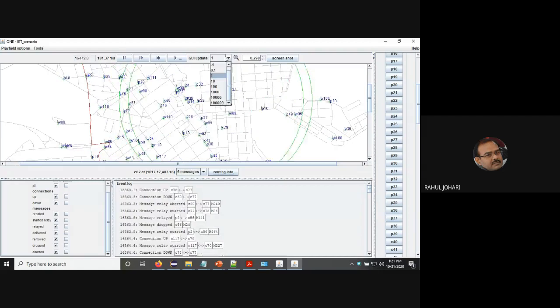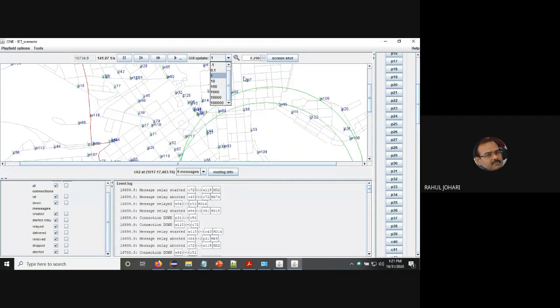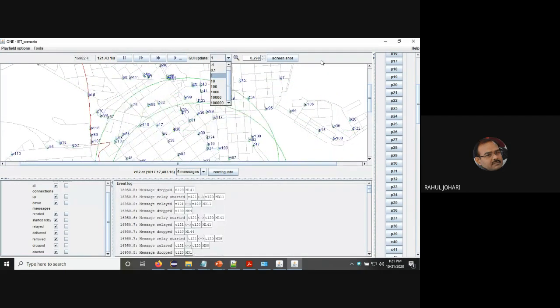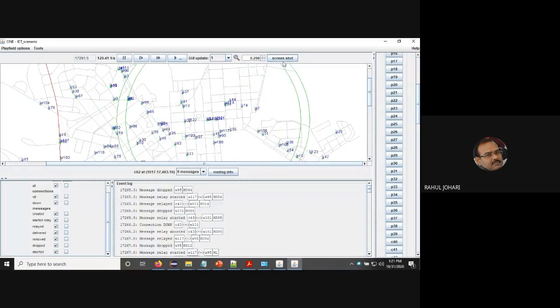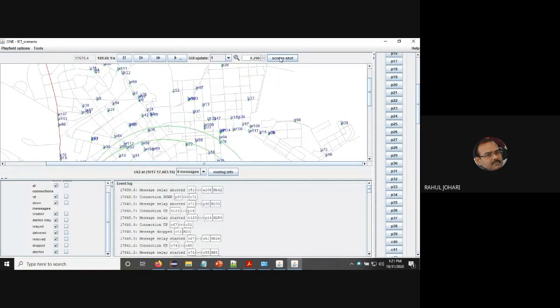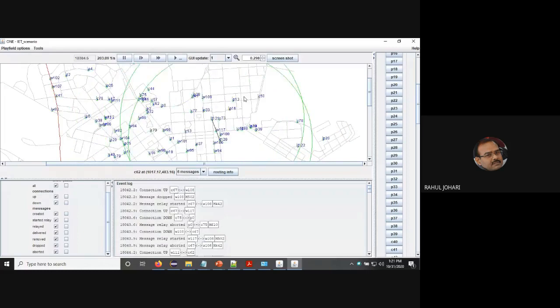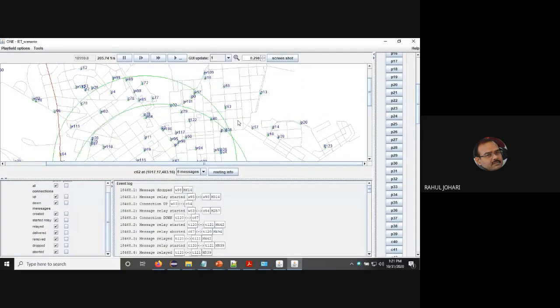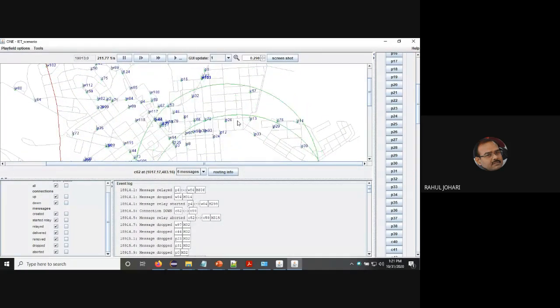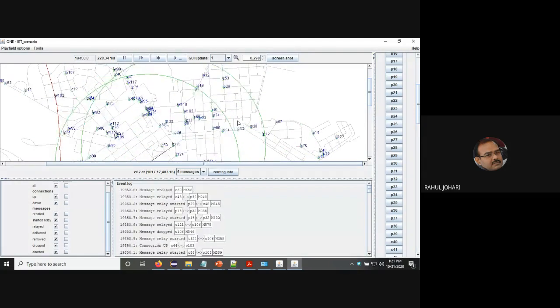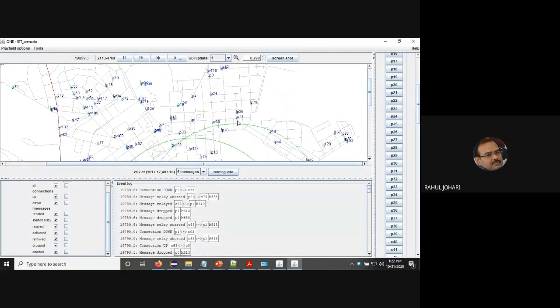You can have the update speed also, you can zoom in or zoom out also, or if you want to capture the screenshot of it and save it, you can capture the screenshot and give it in a research paper that the actual experiment was getting done. So here I'm using a predefined dataset, the artificial dataset, the synthetic dataset already provided with the ONE simulator.